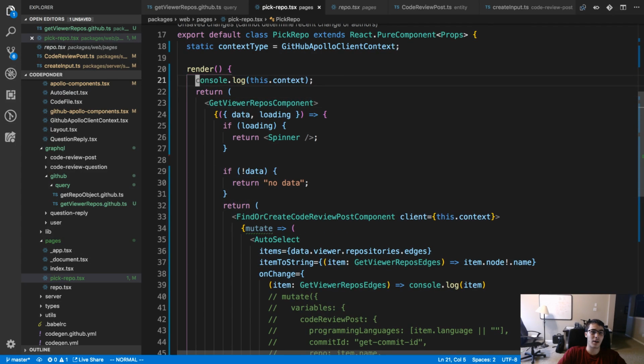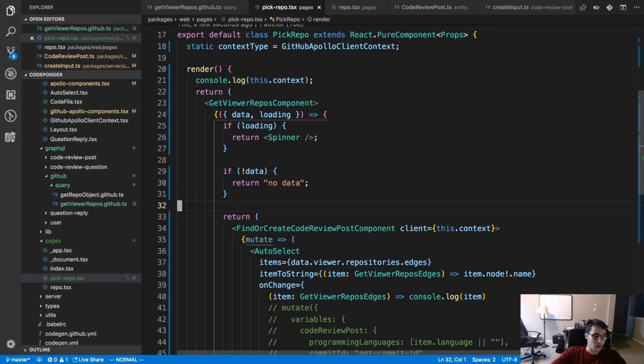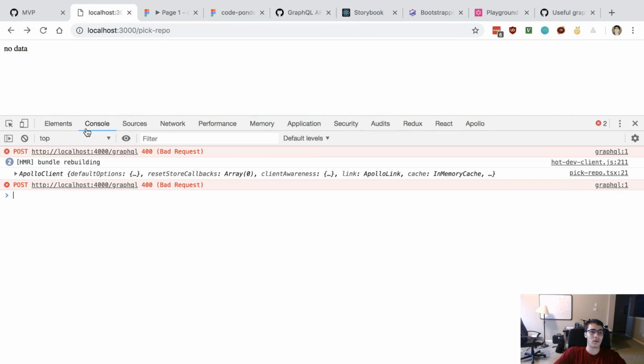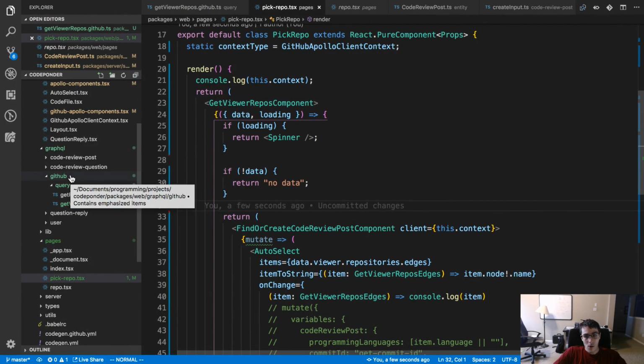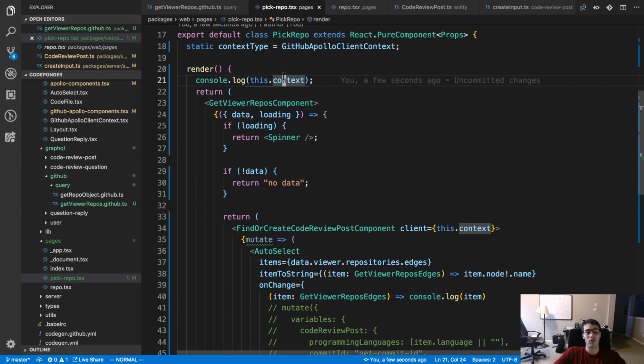Just make sure this is a thing. It is a thing. So I don't understand why it's using the other client when we pass it in here.